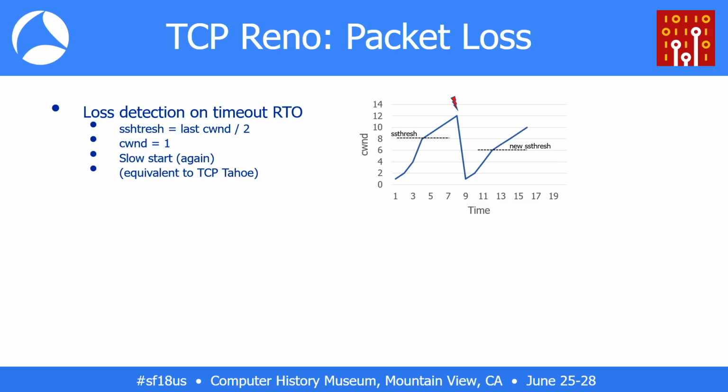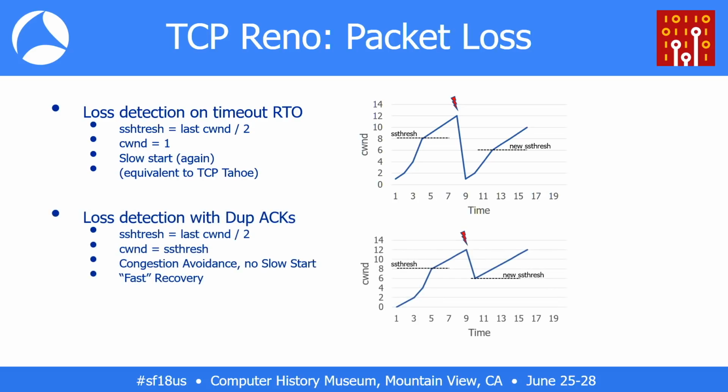So what is the second criterion by which I can tell there's packet loss? Is there anything I can react on? I've heard it before somewhere in the audience. On the one hand, I have a timeout, but duplicate ACKs, correct? So the receiver can actually tell me, hey, I received your data, but in between something is missing, so I'm sending you duplicate ACKs to let you know I'm still missing a piece of your data, right? In that case, things are not as bad as in the timeout example, because